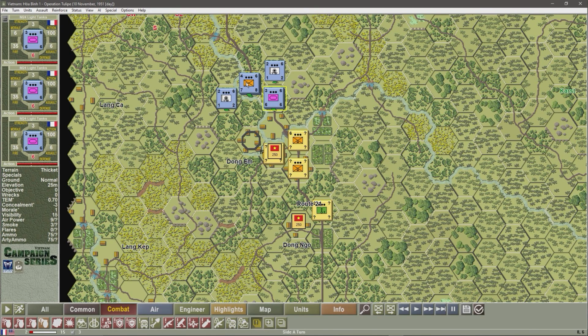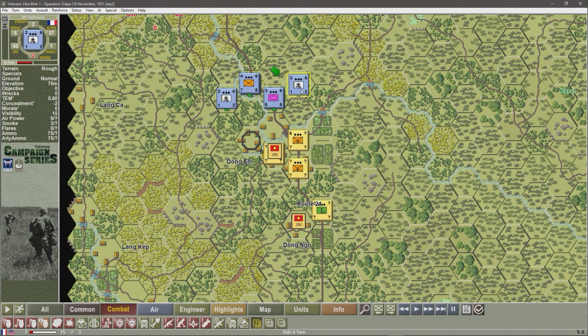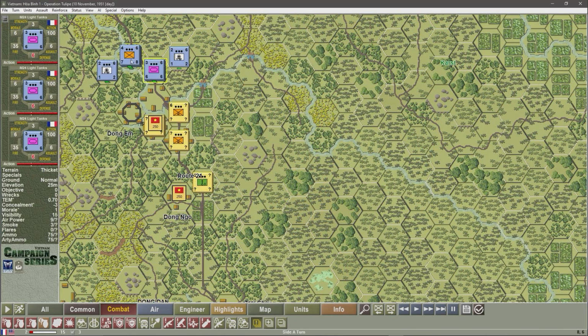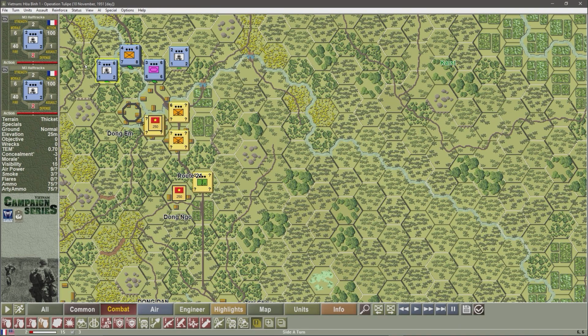So the initial moves will be to put the M3s in position so they can fire into the hexes. We'll see how we go. So stage 1 is getting the preliminary fires, or the overwatch fire, happening and hopefully downgrading the opposition and getting